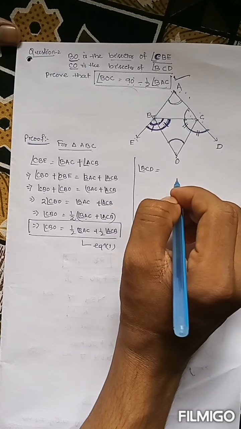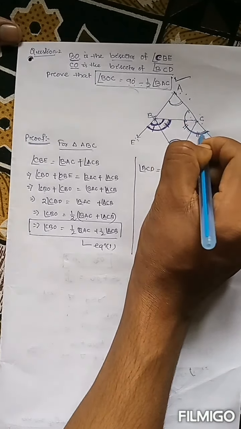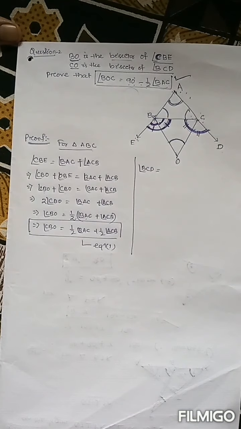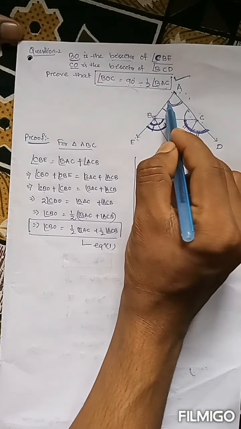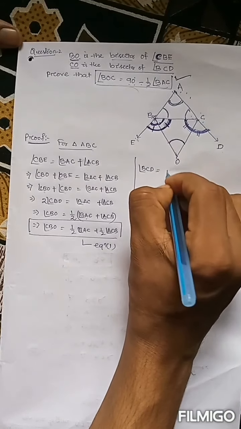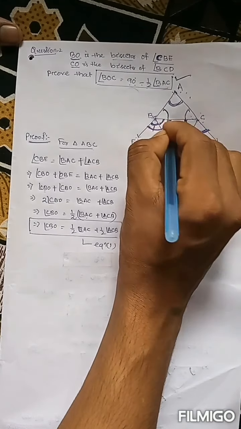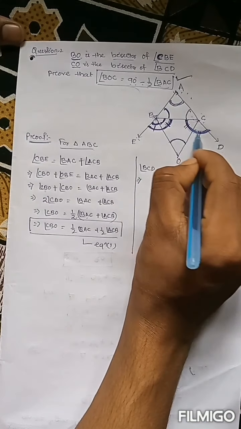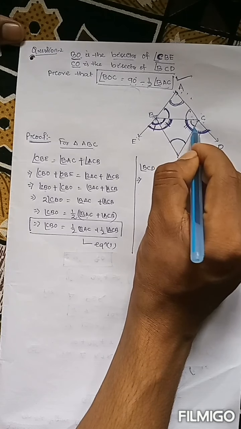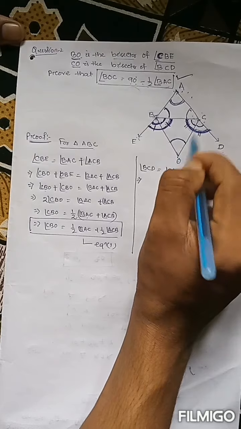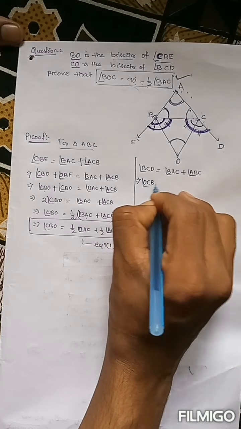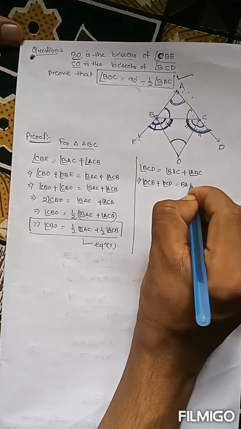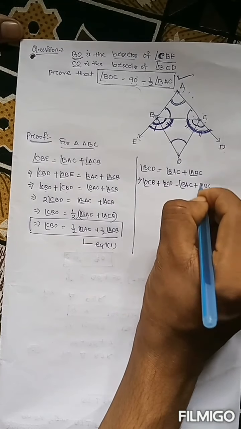sum of two interior opposite angles. So this angle is the exterior angle, its interior opposite angles are this angle and this angle according to the theorem number 6.8. So BCD is equal to this angle, means which angle? BSC plus this angle means ABC. Again, this total angle can be written as this small angle plus this small angle. So this angle means OCB plus this angle OCD is equal to BSC plus ABC, right?